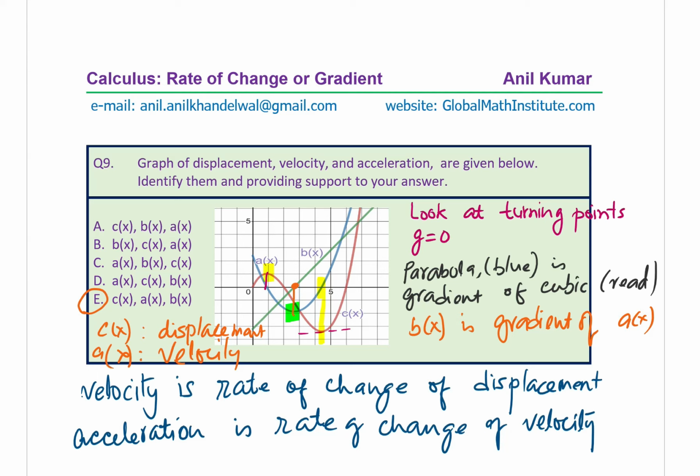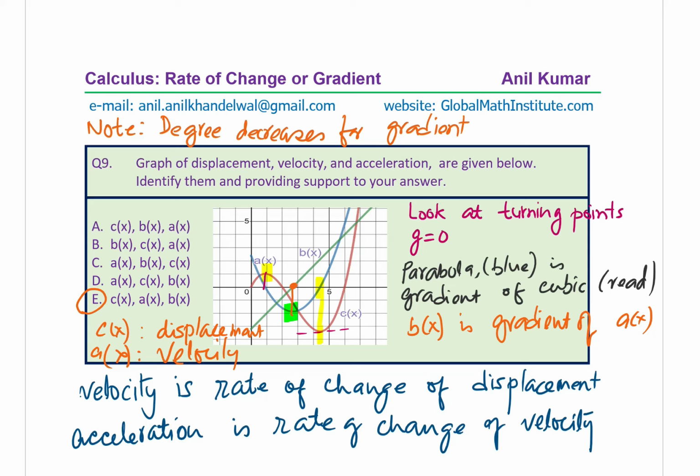You know that the degree decreases with each gradient. So the displacement is a cubic function here with degree 3. Velocity, which is gradient of displacement, is the quadratic function with degree 2. Acceleration, which is gradient of velocity, is a straight line with degree 1. Perfect. But now, when we get into the complicated graphs which are not polynomials, it could be very difficult to